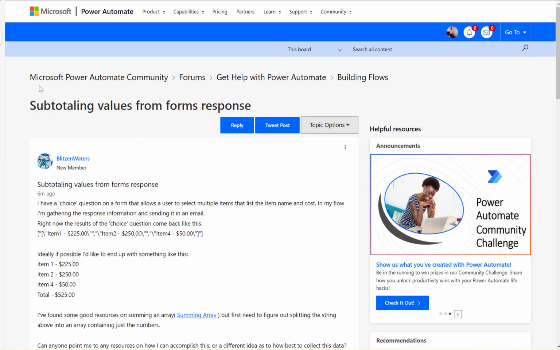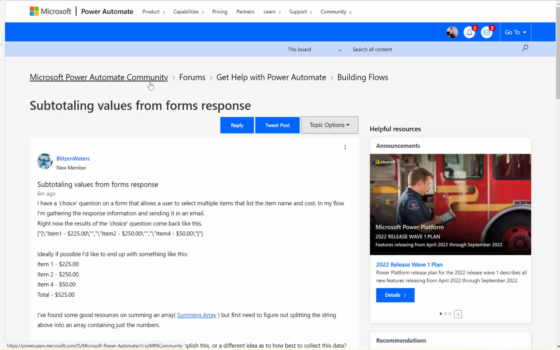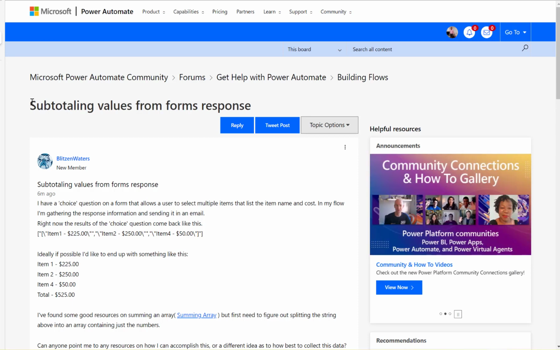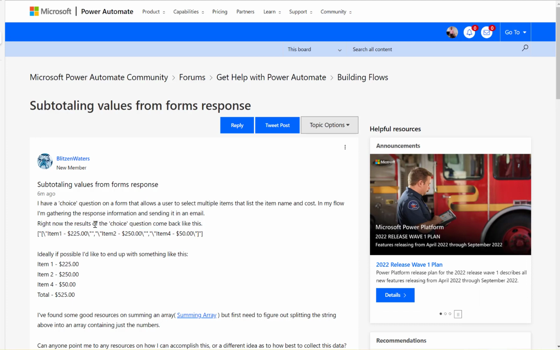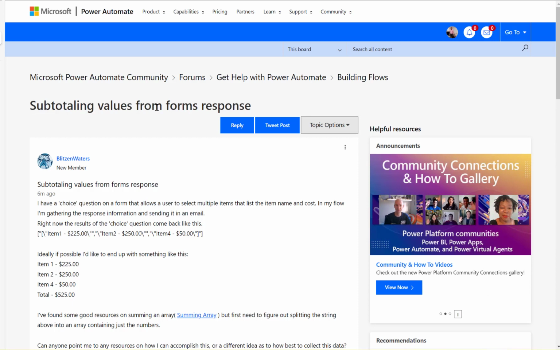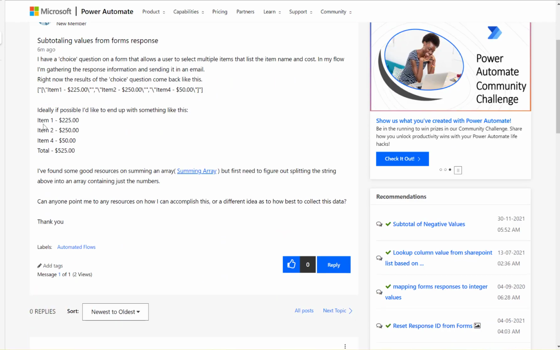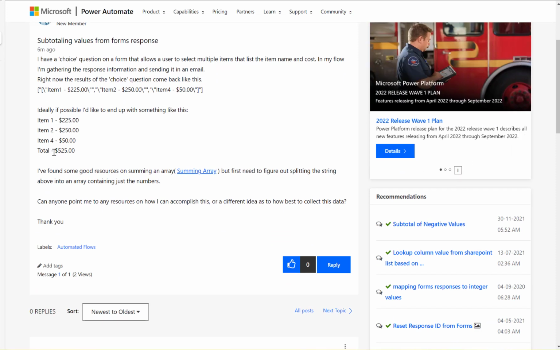Let's have a look at this Microsoft Power Automate community thread. The question here is related to Microsoft Forms, where one of the questions is designed as a multiple choice question set. From those, how can we subtotal the values from the form response? That means if the user selected item 1, item 2, item 4, the total we should get here is